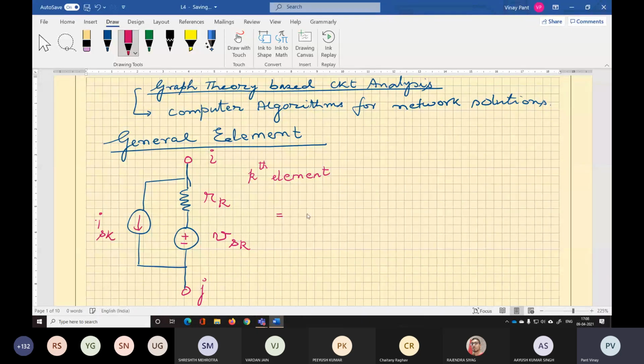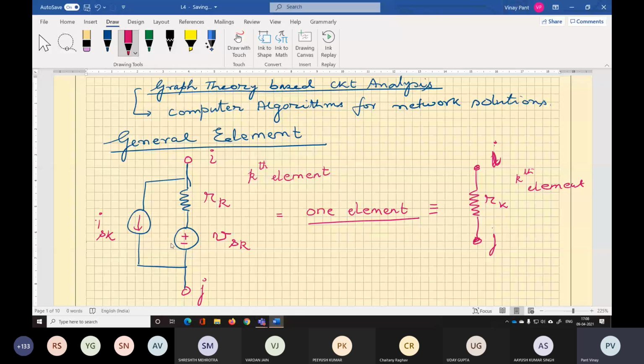This will be treated as one element. All the three things combined together will be treated as one element. We'll call this a single element. Sometimes not all elements need to be present. What are the different forms of the element possible in our circuit? We can have a simple resistance. One possible form is a simple resistance in which Vsk is 0 and Isk is 0. Rk between nodes I and J is the kth element.